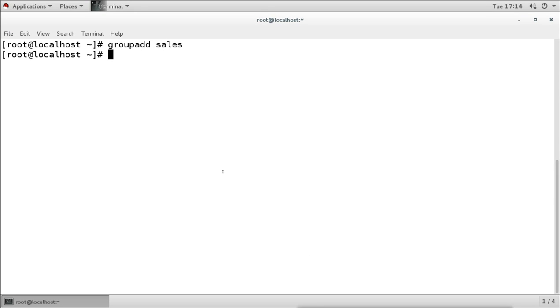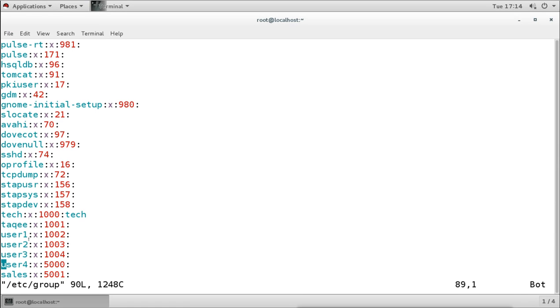After creating it, we can verify it from the configuration file, which is the /etc/group file. When you go to this group file, we can see that we have created this group with this GID. Whatever GID was available, it has created the group with that GID. For example, after 5001 is available, so it created it with that. Now there is no secondary member added into this, or even a primary member.